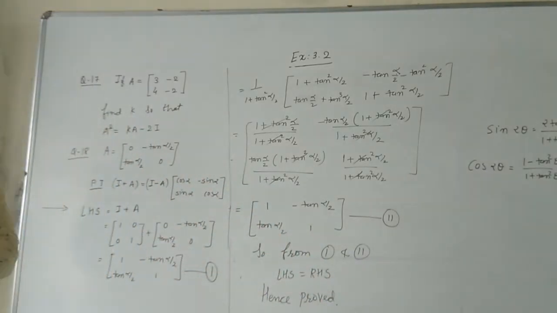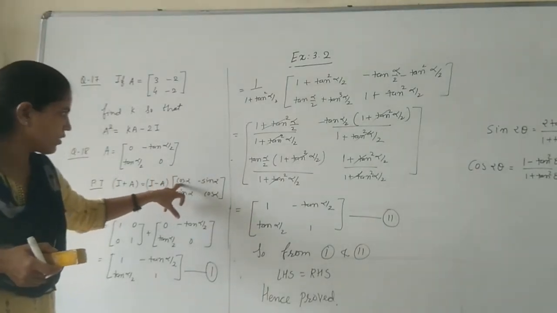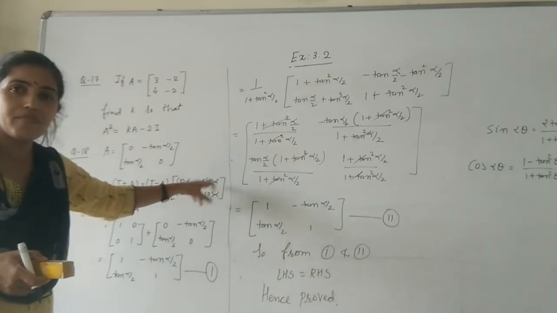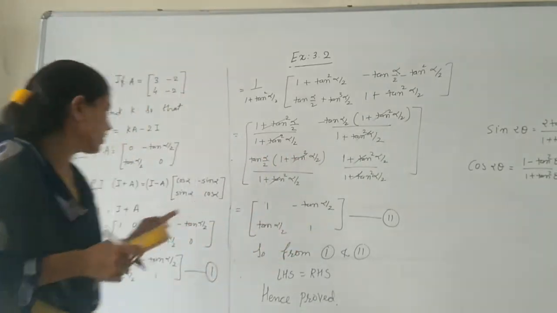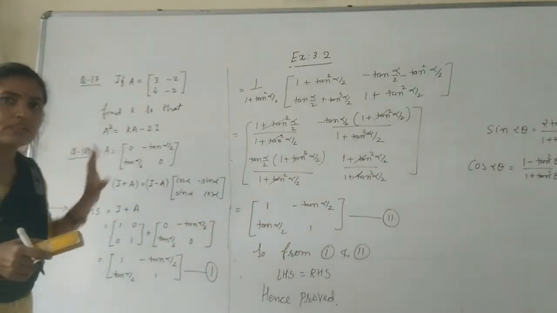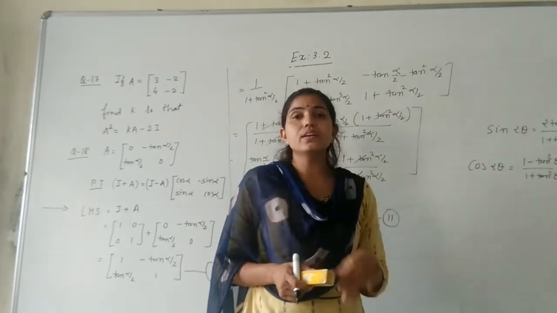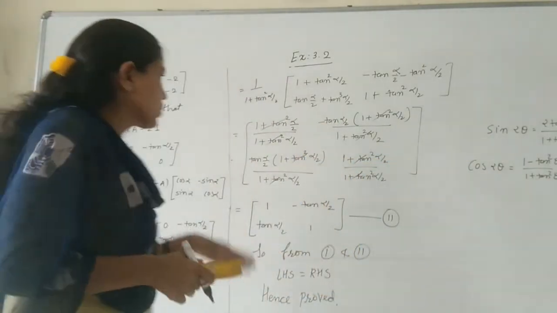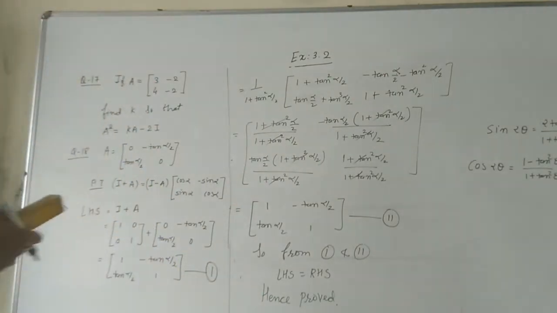I hope friends you understood this question very well. What we have to do when we are applying the RHS: first put the formula for cos alpha and sin alpha in terms of tan. It is only because here we have got tan alpha by 2 that we have taken the formula of sin theta and cos theta in terms of tan. Okay, so here the solution is done. Now you can note down this question in your notebook, and we are going to discuss the other two equations next.